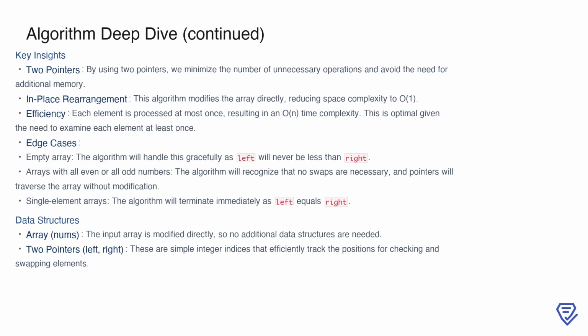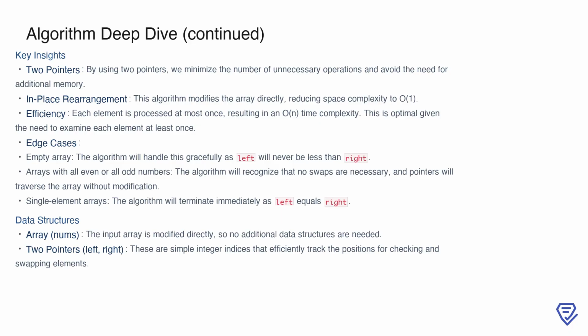First, by using two pointers, we minimize unnecessary operations and avoid allocating additional memory, keeping the space complexity at O(1). Second, the algorithm rearranges the array in place, directly modifying the input array without any extra storage. Third, the efficiency of this method is notable, as each element is processed at most once, resulting in a linear time complexity of O(n). This is optimal since we must examine every element at least once to determine if it's